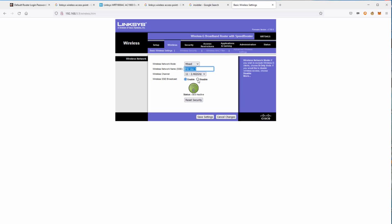All right, so again, you can enable or disable. If I disable that, my wireless won't show up in any list. So you'll have to type it in manually. But again, that's a very safe way, especially if you live in an apartment complex, or somewhere where the houses are really close together. People can create what they call a cantenna, and just out of a can of peaches and a little bit of hardware, you can make an antenna that's directional, and you can point it around, and you can go out for miles. So one of the best, most secure things you can do is disable your SSID broadcast, and just make sure that you remember what your SSID is, because obviously if you forget your SSID, then you won't be able to